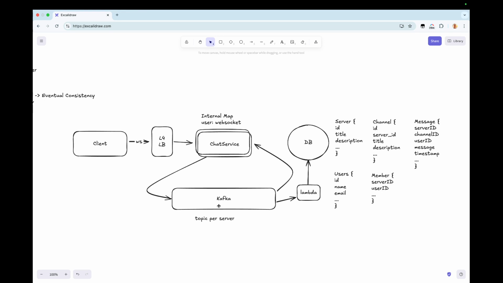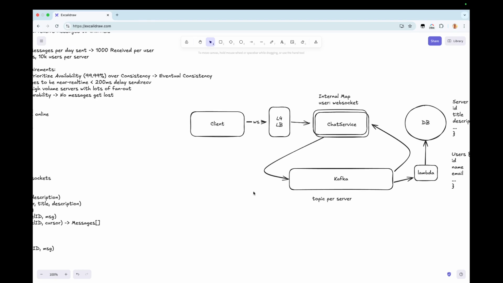That message gets processed through Kafka, and then eventually we get to the end of Kafka, and that message is consumed by chat service B, which is consuming all of the messages for that particular server, and then that message is eventually delivered to that particular client. So this way, even though those clients are connected to different instances of this service, we can still route messages between them.